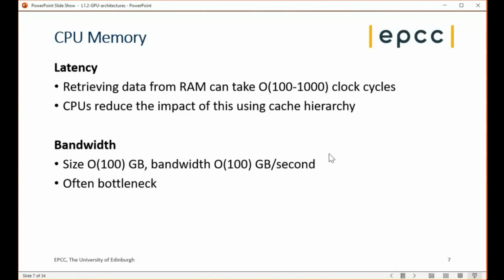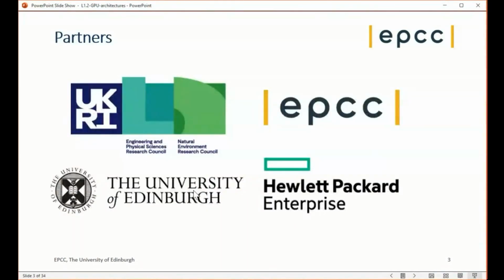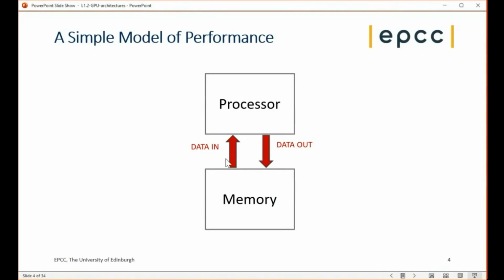but it is important to realize that accessing memory is very slow. As for capacity, we have on the order of 100 gigabytes of memory. On ARCHER2, we have 200 or 500 gigabytes of memory. The bandwidth is maybe a few hundred gigabytes per second. That may sound like quite a lot, but that's how fast you can transfer data from your CPU to the memory, at maybe a few hundred gigabytes per